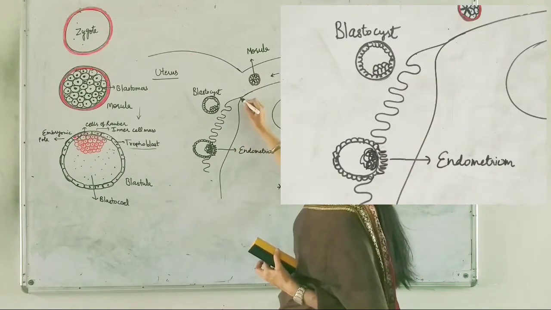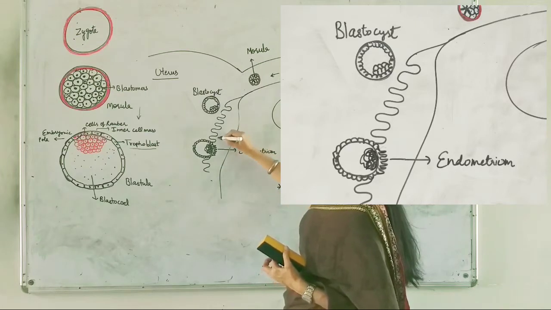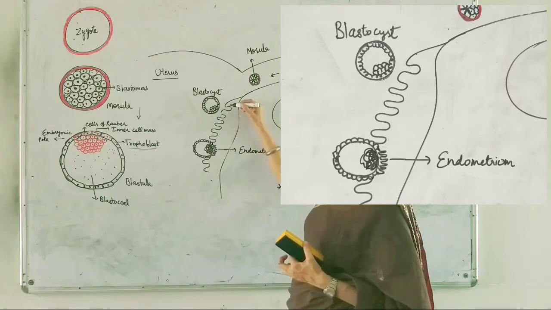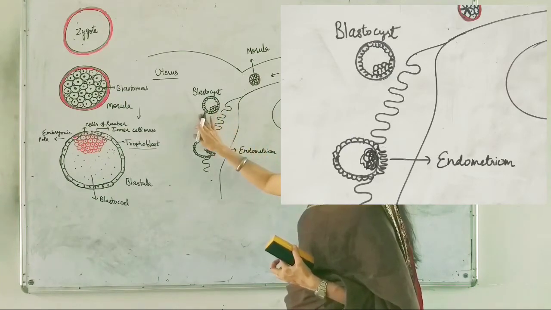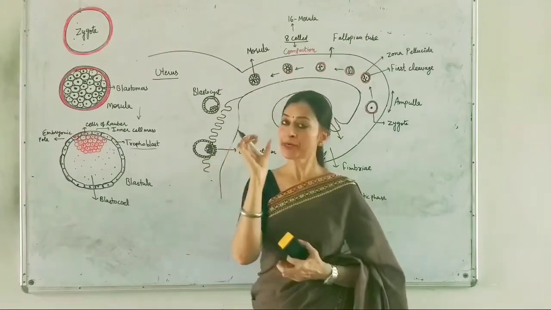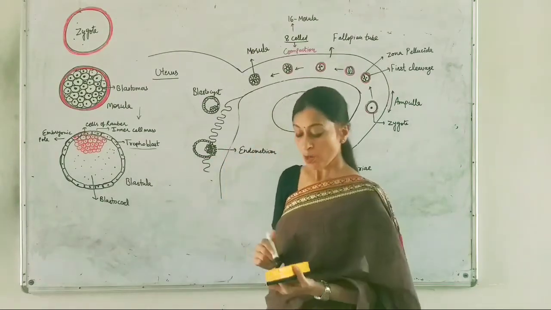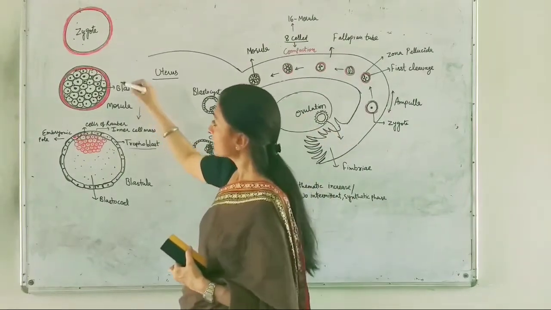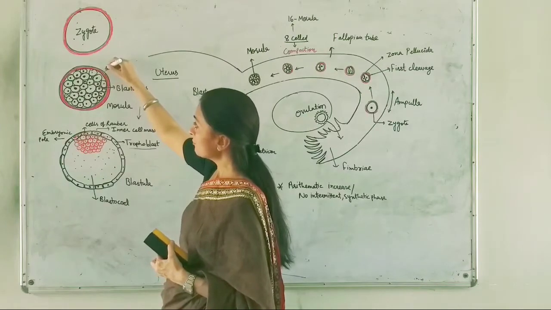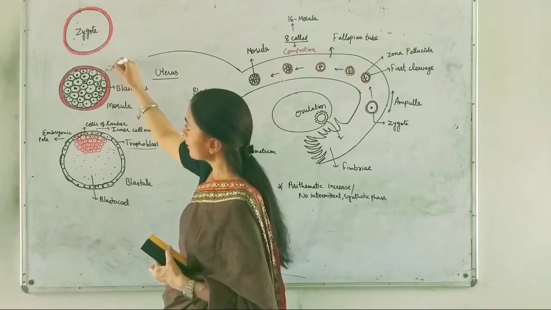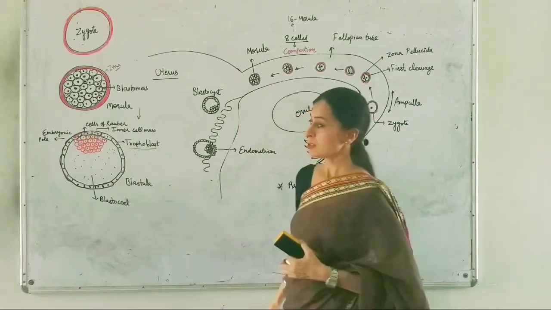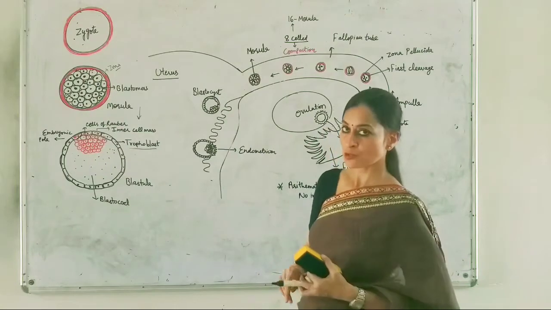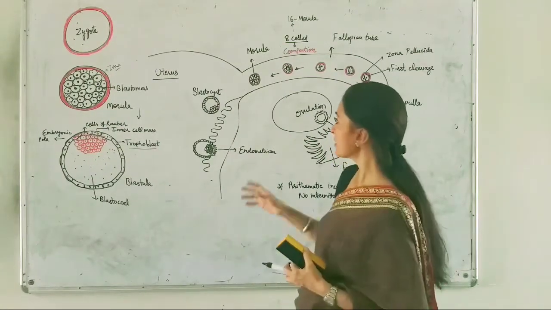You can see that this is the uterus layer, and this uterus has the innermost endometrium. I have shown here the folded endometrium layer, and this blastocyst is now going to attach to this endometrium. Now how is it going to take place? Before that, let's have a look that we still have the zona pellucida around this morula stage, and this is also present in the blastocyst stage of embryonic development.